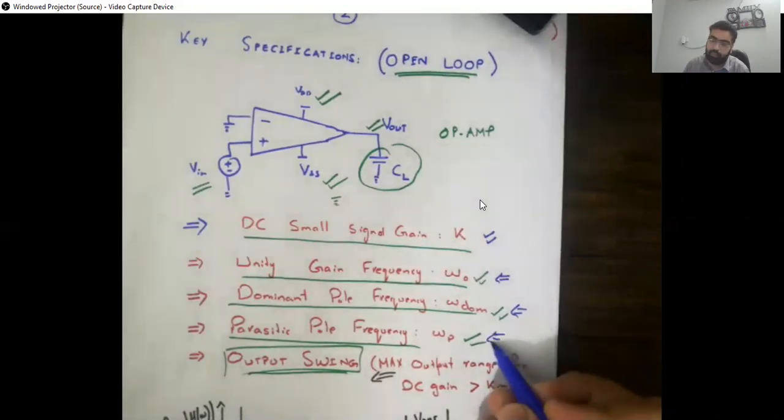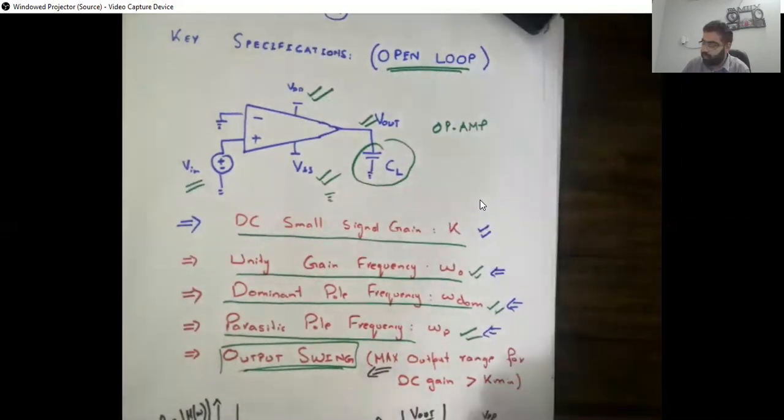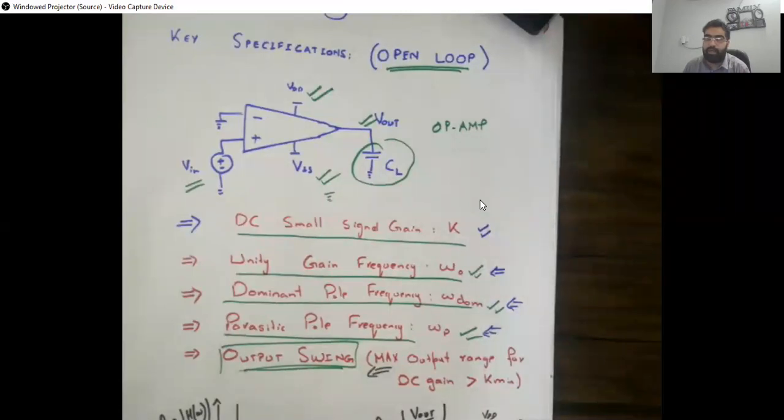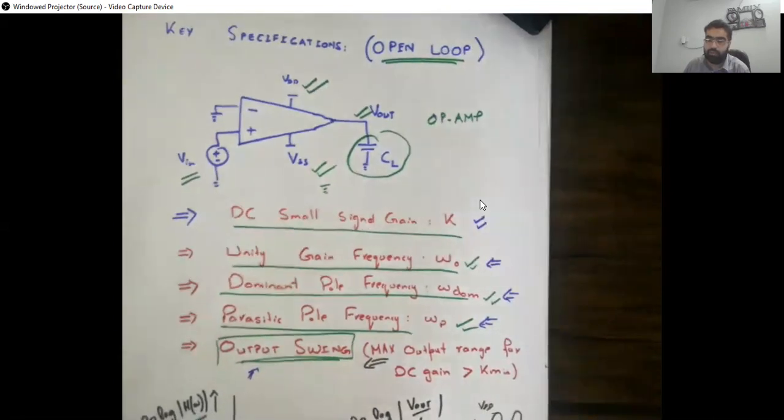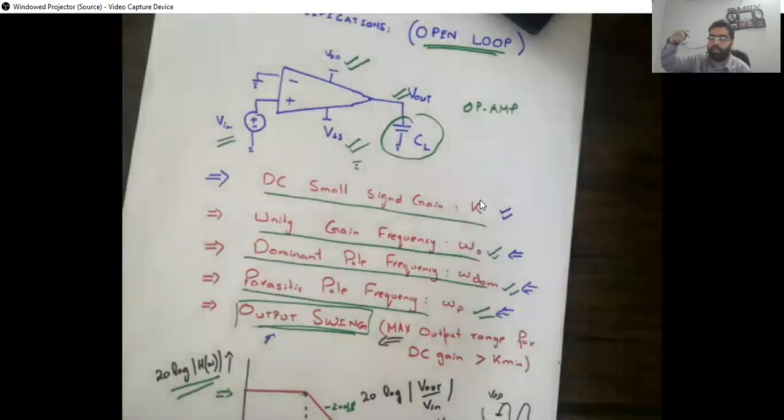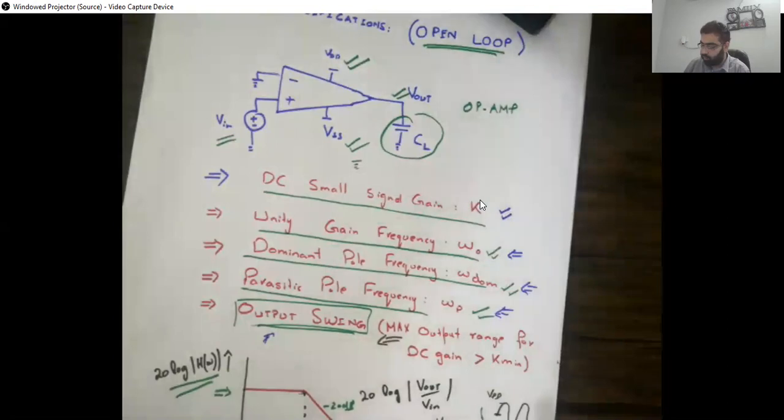Then comes the parasitic pole, the second or third poles after the dominant pole. After the first pole, wherever the second pole comes, we say it's a parasitic pole. It's not going to decide the bandwidth, but it will decide a lot of things in our circuit, one of the main ones being stability. And then we talk about the output swing. From the open loop, we can also decide the output swing. Whichever configuration we use will decide whether you are going rail to rail, or going for a small value of output.